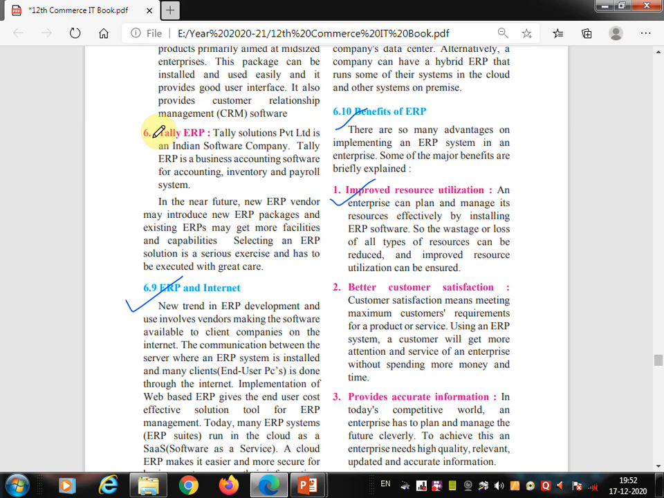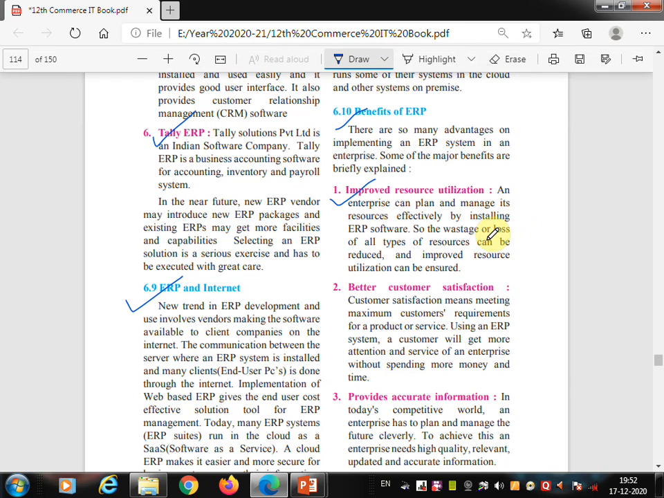So this time also you learn Tally ERP. Tally software comes under ERP. Tally Solutions Private Limited is an Indian software company, and Tally ERP is business accounting software for accounting, inventory and payroll systems. Tally keeps all the data secure, and Tally can be managed through the internet